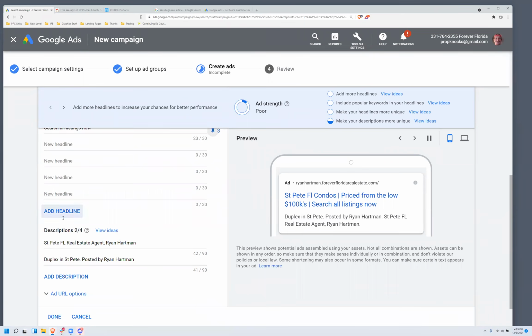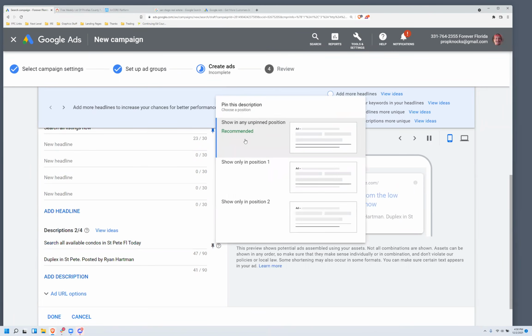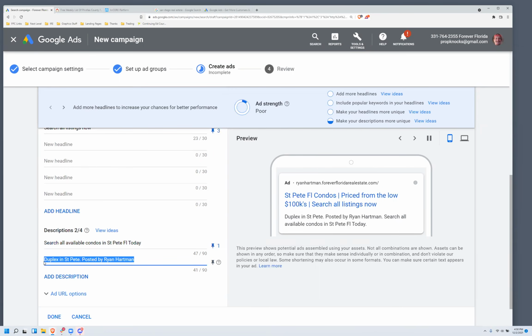Next, we'll come down to our descriptions. Okay, and I'll change that. I would not put my name and St. Pete, Florida real estate agent in there. People don't want to be chased by a salesperson for the most part, but you could do that, knowing that it might suppress response, but maybe the people who do opt in are okay with working with an agent up front. But I'm just going to do search all available condos in St. Pete, Florida today. Again, we'll do this first position thing, and then we'll say